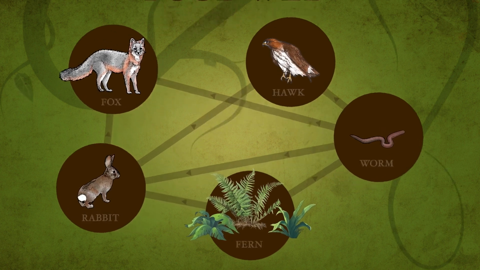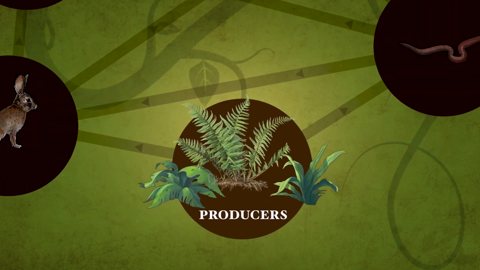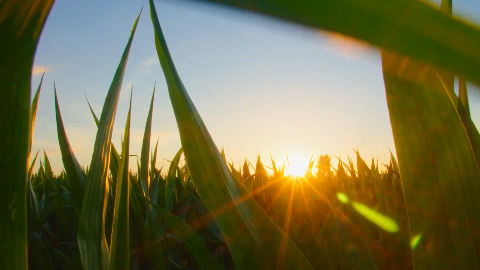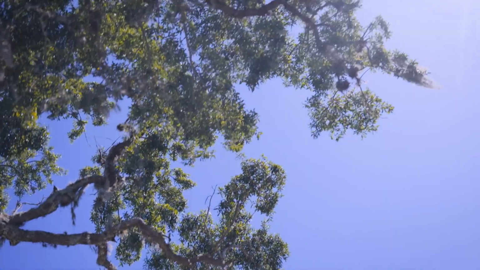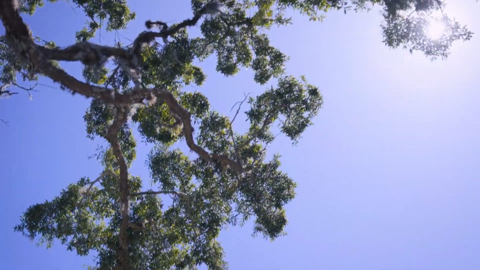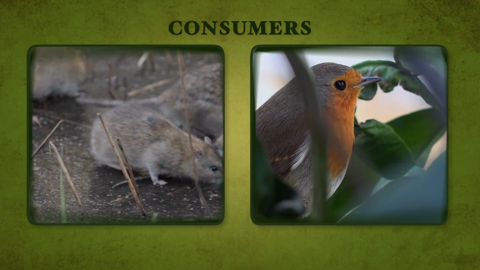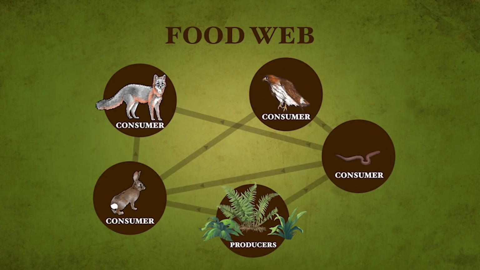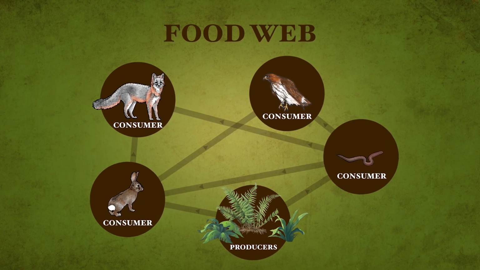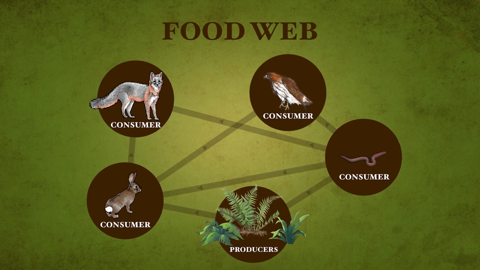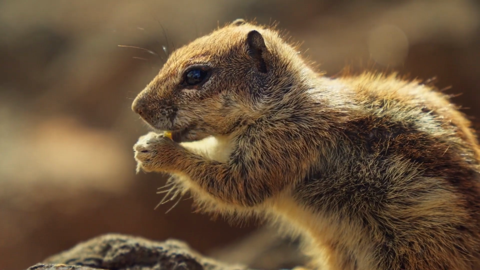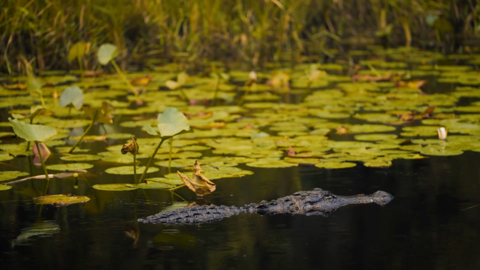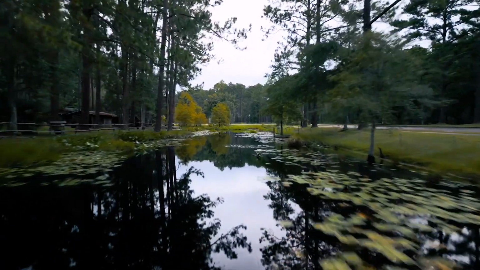This is a food web, and it's the way energy flows through ecosystems from organism to organism. It all starts with producers, like plants, which convert energy from sunlight to usable energy for organisms through a process called photosynthesis. Next in line are consumers. We get energy by eating other organisms. Each strand of the web moves energy and matter through the system, one bite at a time. Food webs are complex. They twist and tangle, and they can look very different depending on the environment.